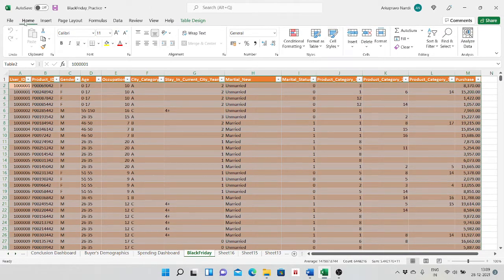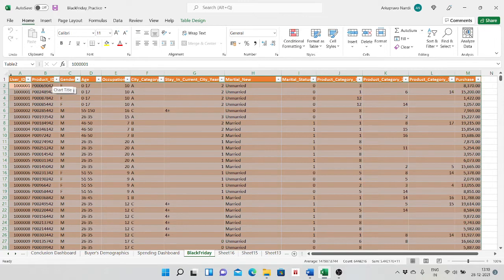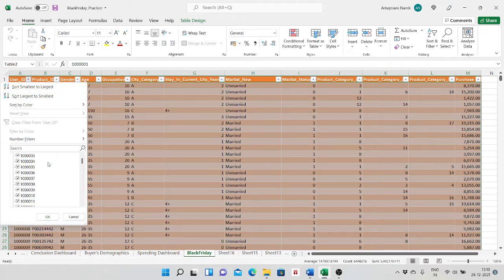Under the Home tab, there is the Format as Table option, where I have selected this table, and my worksheet has been formatted in the form of a table. Here, each column has a drop-down menu, with the help of which I can select certain values and filter each column, and according to that every column value will get updated.